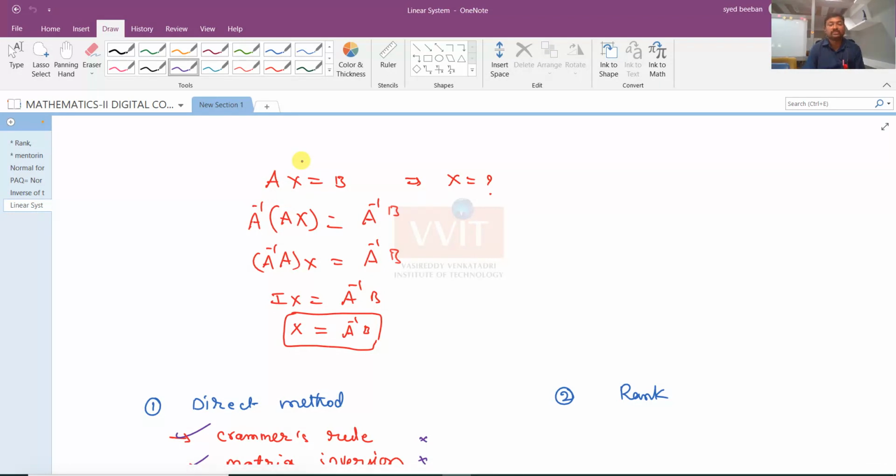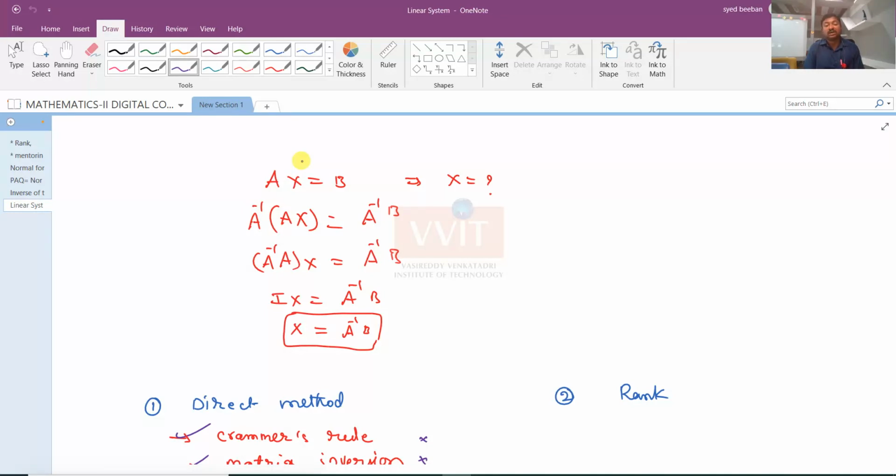Ax is equal to b, and from that I want only x, so the A is extra for me. To eliminate that, I need to pre-multiply with A inverse on both sides, and then finally I get x is equal to A inverse into b. This is one of the ancient methods to compute the solution of a linear system. But the drawback of this one is